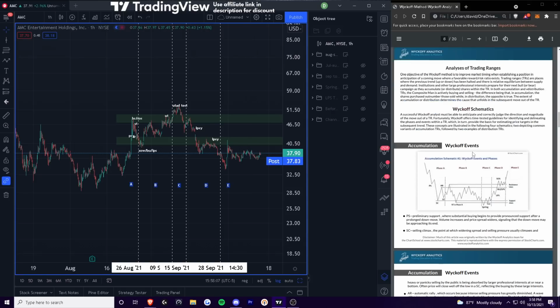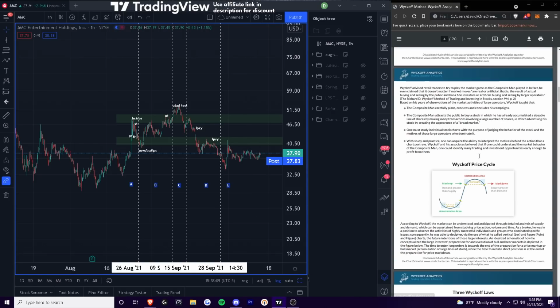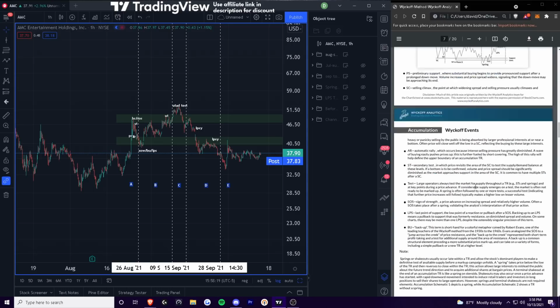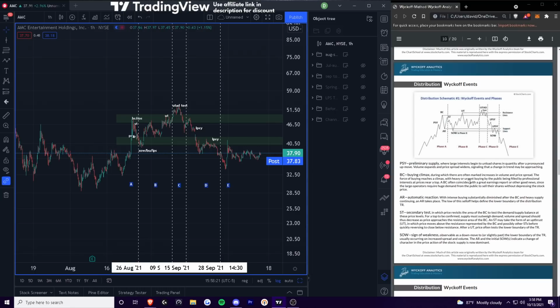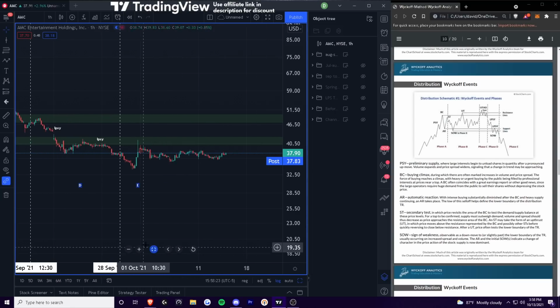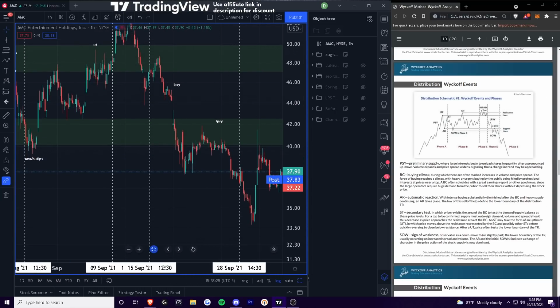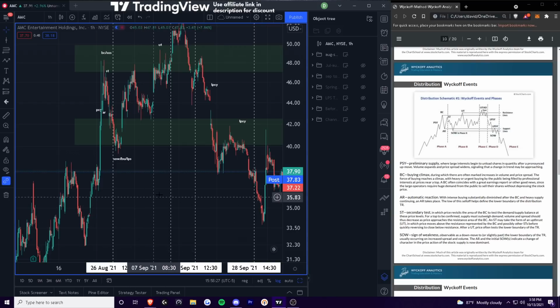Okay? So distribution, again, in the Wyckoff price cycle, you have accumulation, and then you get into overbought territory, and then you have distribution. This is when institutions are selling off for profit. Let me show you a schematic. These are just examples, by the way. So it doesn't have to go exactly like this, but you're going to see within this chart the